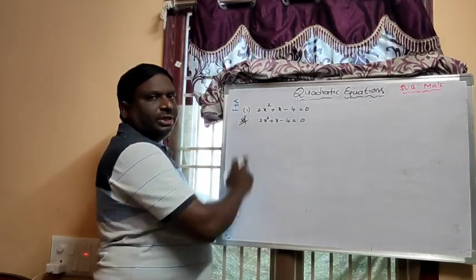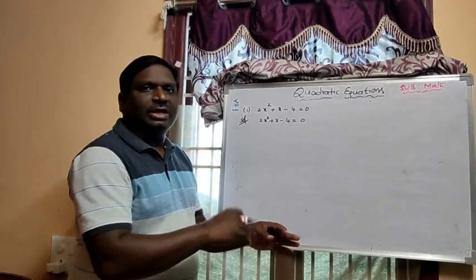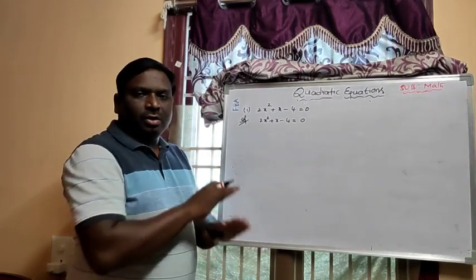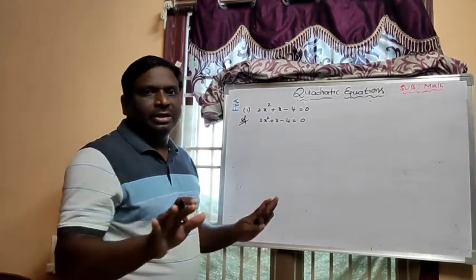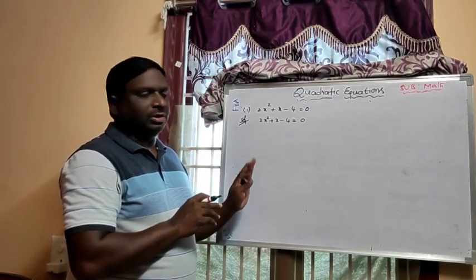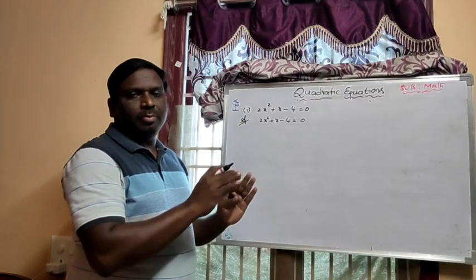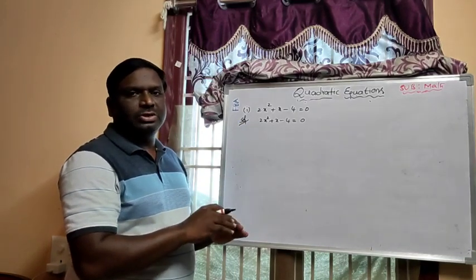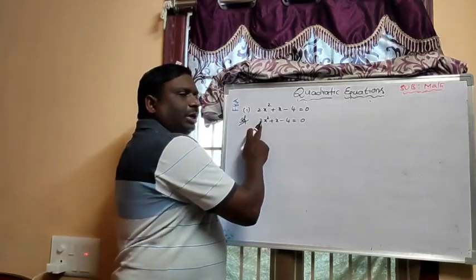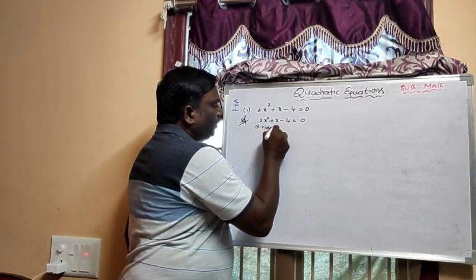Here the x square coefficient is 2. Sometimes in a question the x square coefficient is directly given as 1. Then there is no need to divide by any non-zero real number, and you can directly take the a plus b whole square or a minus b whole square identity. So now here 2 is there, that's why divide 2 on both sides.